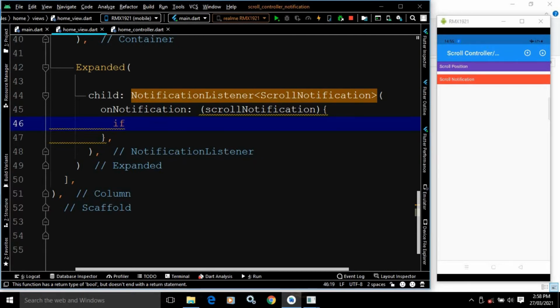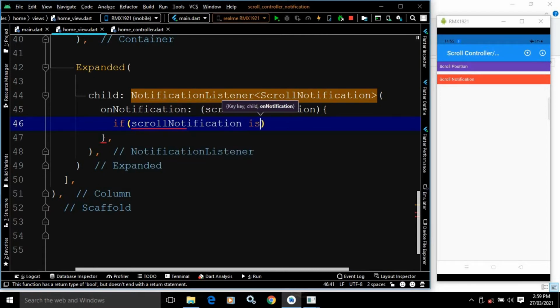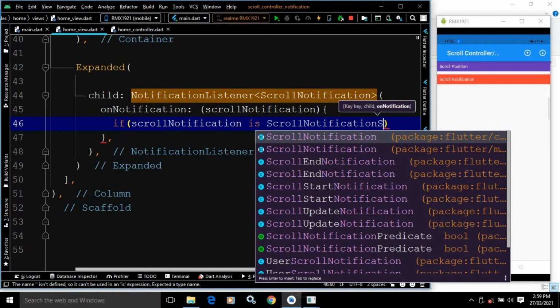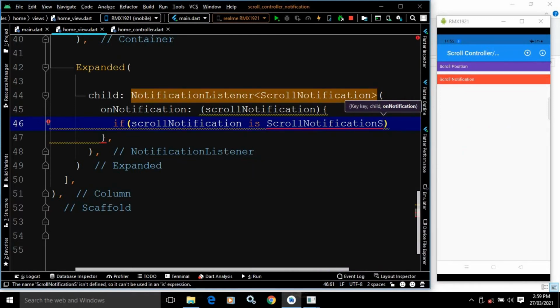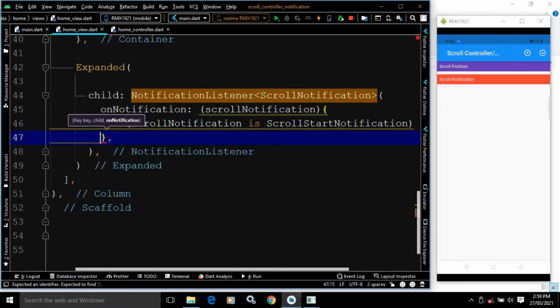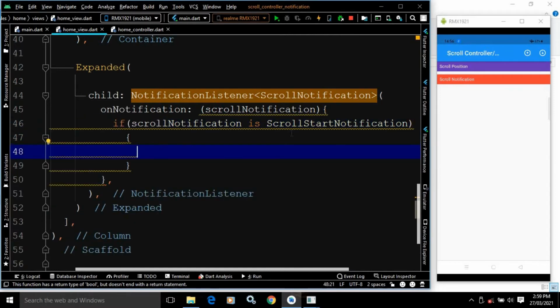So here I will write: if scrollNotification is ScrollStartNotification, then what will happen? This means what will happen whenever the scroll starts.